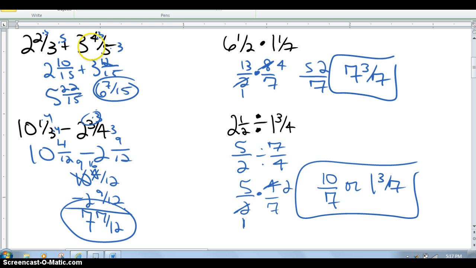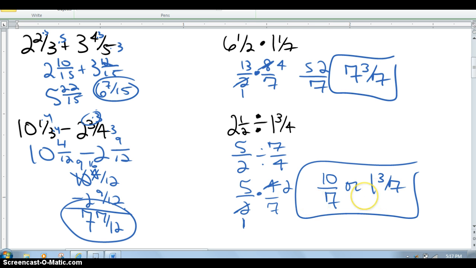Oopsie, sorry about that. This is about 4, so 6 and 2/3 is kind of in the ballpark. This is about 3, so 10 minus 3 is 7 1/3, so around 7. 6 1/2 times 1 is 6 1/2, and just a little bit more than that, so in the 7 range seems to make sense. And this is 2 1/2 divided by about 2, so this should be a little bit